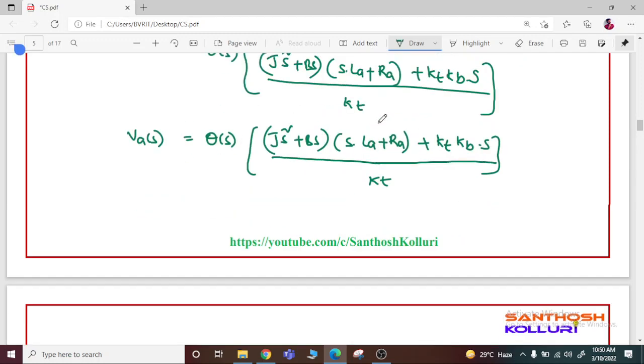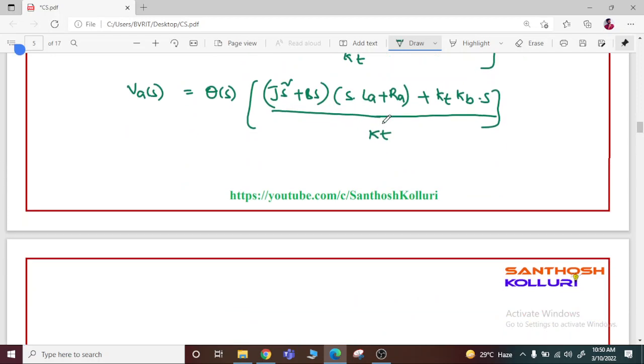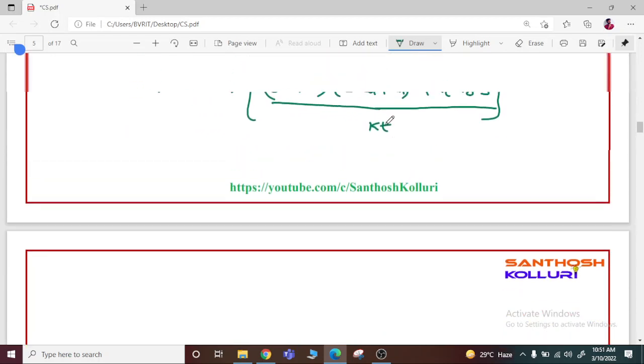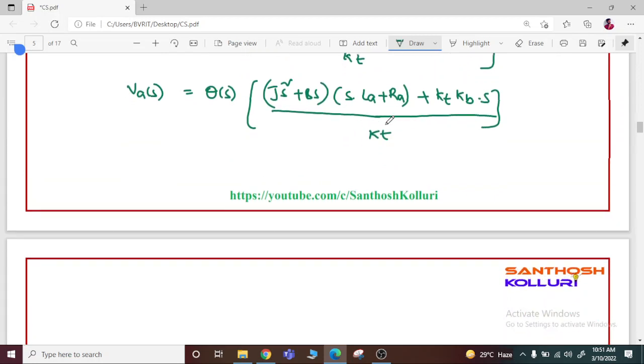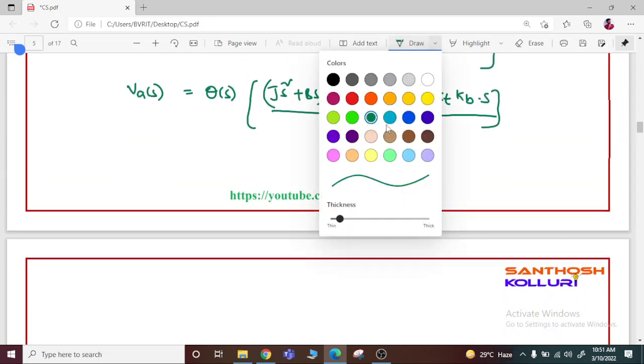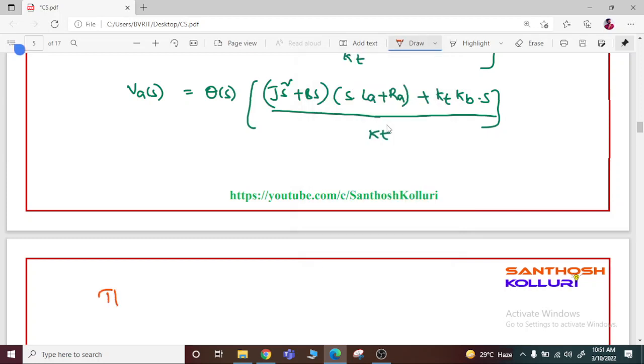So here the transfer function of the motor is, output is mechanical rotation theta of s and input is armature control voltage Va of s. The transfer function is nothing but Laplace transform of output by Laplace transform of input. So that can be written as